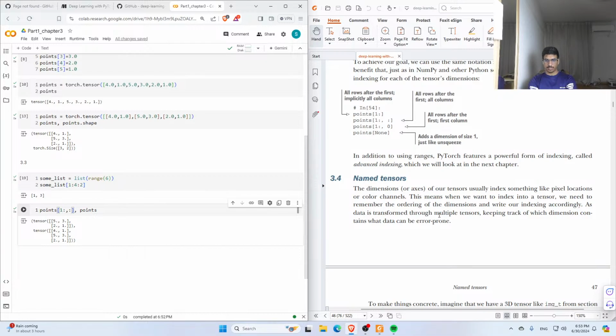Remember encoding and dimension and write our indexing accordingly. As data is transformed through multiple tensors, keeping track of which dimension contains the data can be error prone. Okay, error prone हुन्छ भन्छ त भयो